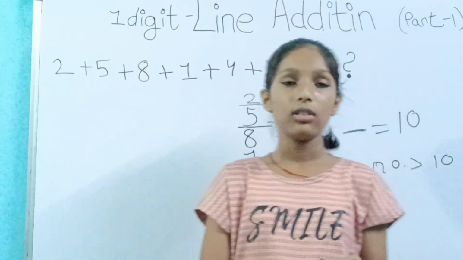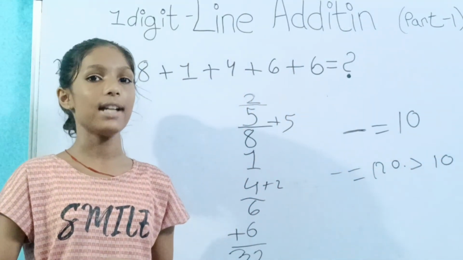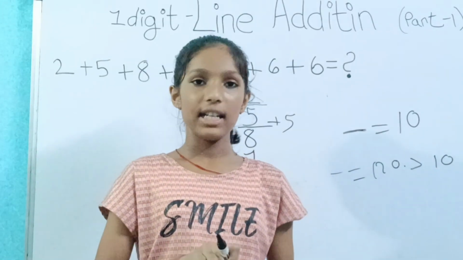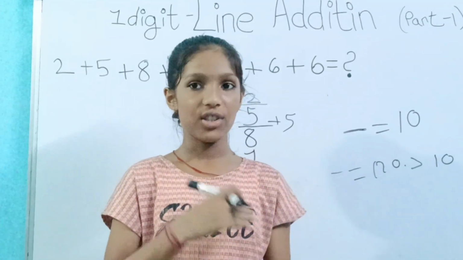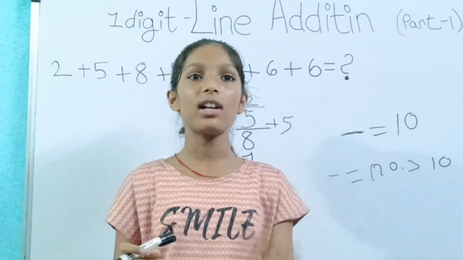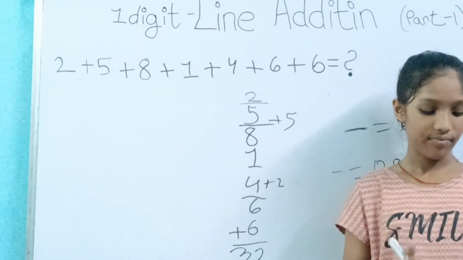So whenever you get 10 or above 10, just make a dash there. I don't think in schools you are allowed to do that. But in our case, we are allowed to do this. So if your teacher is allowing you to do like this in your notebook, then very good. And if not, then you will practice in your rough notebooks or teach others who are right now trying to learn addition and still find addition complicated. So I'm going to give you the fourth example.